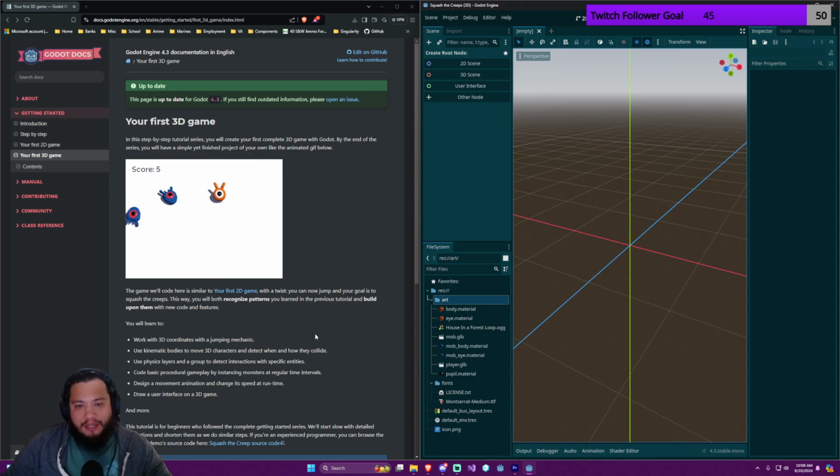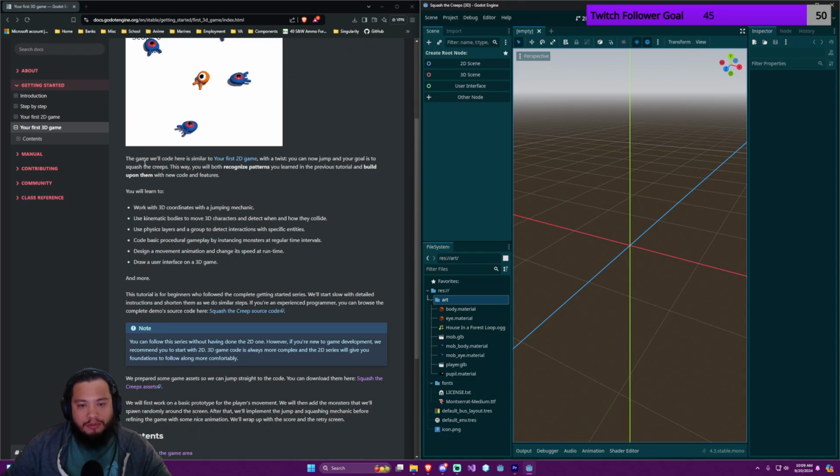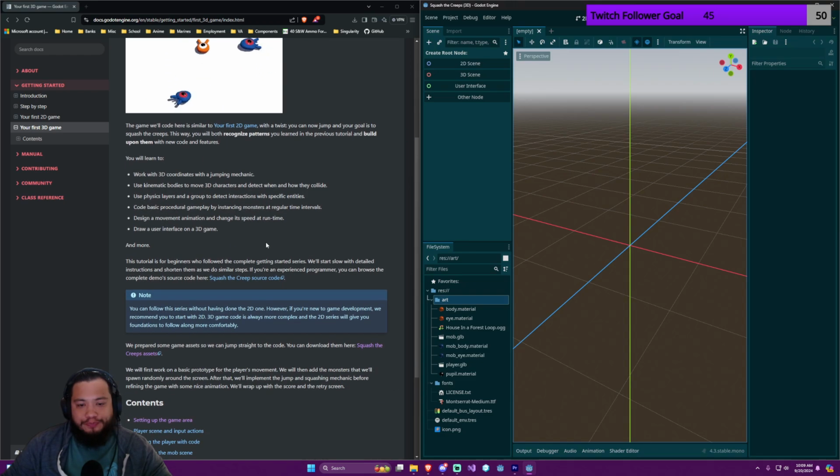In this step-by-step tutorial series, you will create your first complete 3D game with Godot. By the end of the series, you will have a simple yet finished project of your own, like the animated GIF below. The game we'll code here is similar to your first 2D game with a twist. You can now jump, and your goal is to squash the creeps. This way, you will both recognize patterns you learned in the previous tutorial and build upon them with new code and features. So the things that we're going to focus on are,